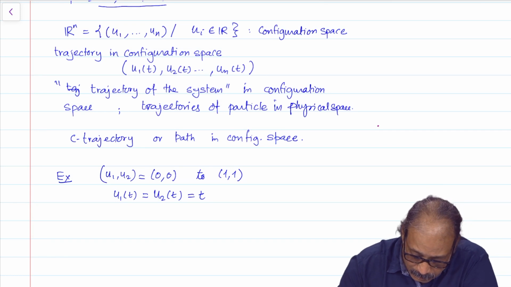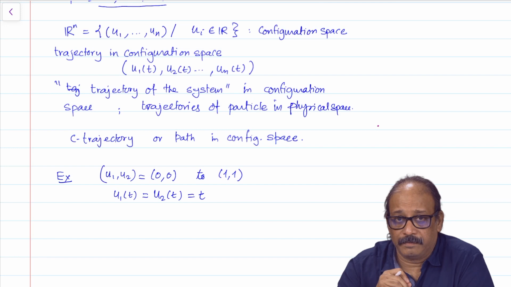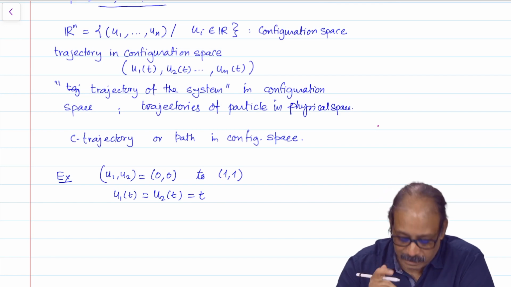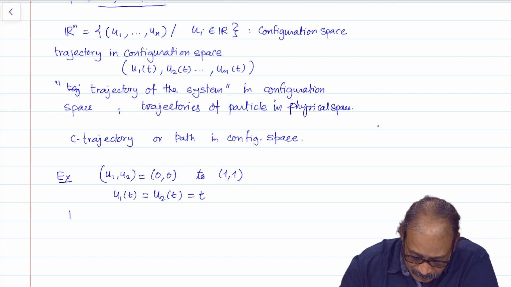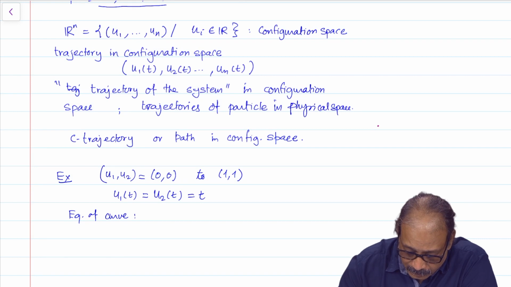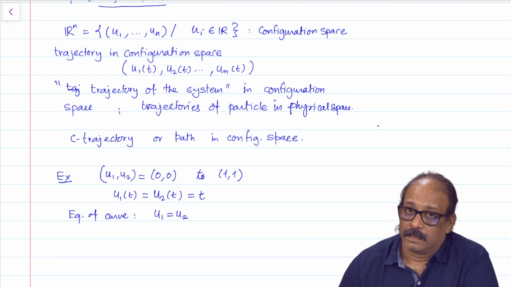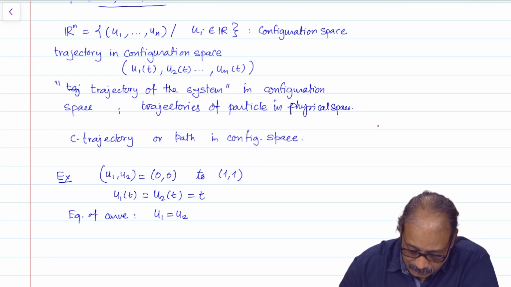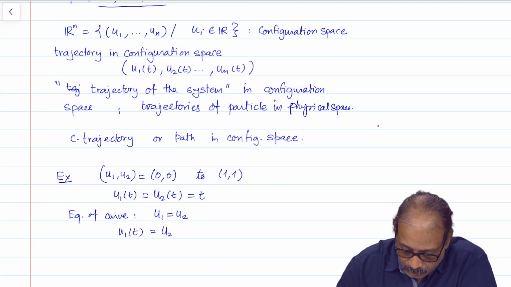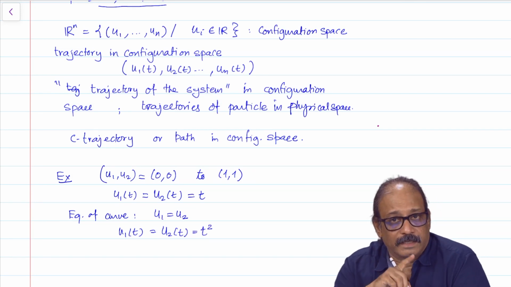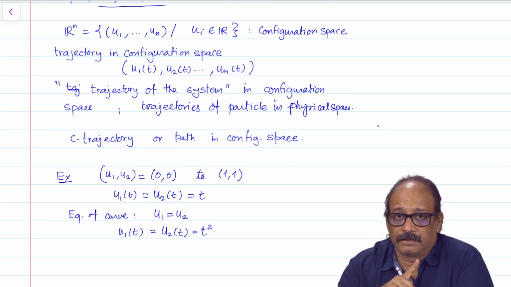Now, the equation of the curve that will be traced in the configuration space is actually simply, so I will call that the equation of the curve and not the trajectory, that is u1 is equal to u2. Okay. And here is another possible trajectory, where u1 of t is equal to u2 of t is equal to t square. In this case also, both the particles remain together, they travel from 0, 0 to 1, 1